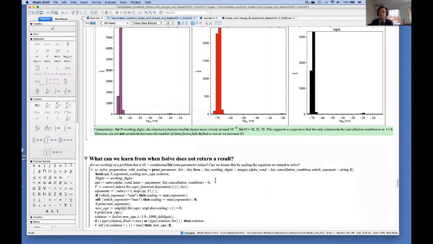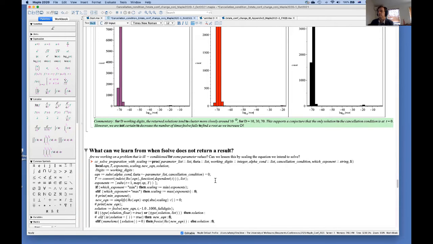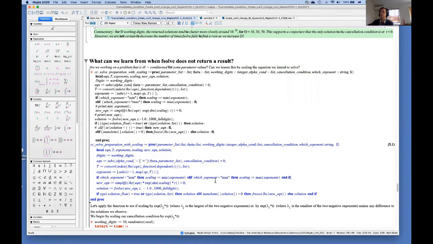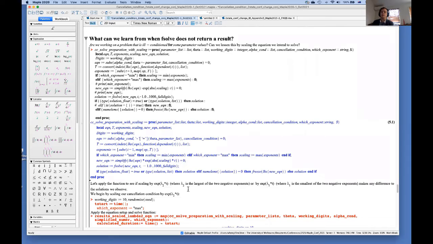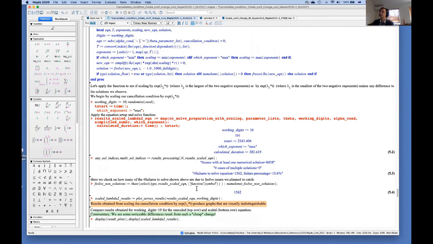Why is that? And I thought, well, I used to do a bit more numerical work, and ill conditioning was something that rang a bell. So I thought, well, this is just a fairly simple modification of the above, which scales the equation by multiplying through by one of the exponentials that appear in the expression. And we can do the same thing as we did before with that modified function.